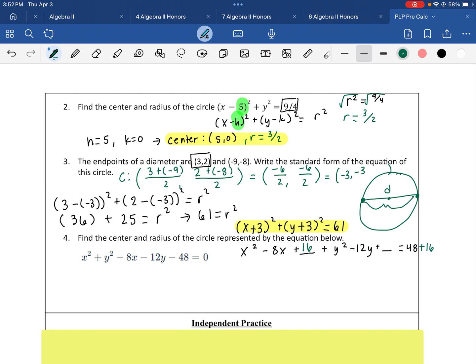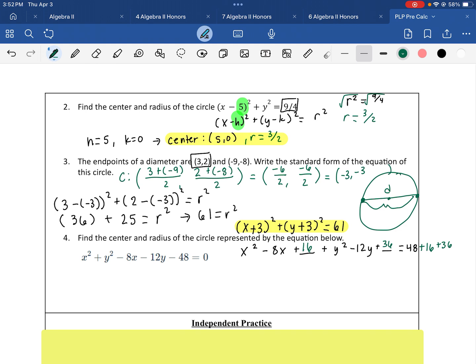So we're going to add 16 to both sides. And then we're going to do the same thing for our second half. So we've got y squared minus 12y. So that's going to give us negative 12 divided by 2, negative 6 squared is 36. So we're going to add 36 to both